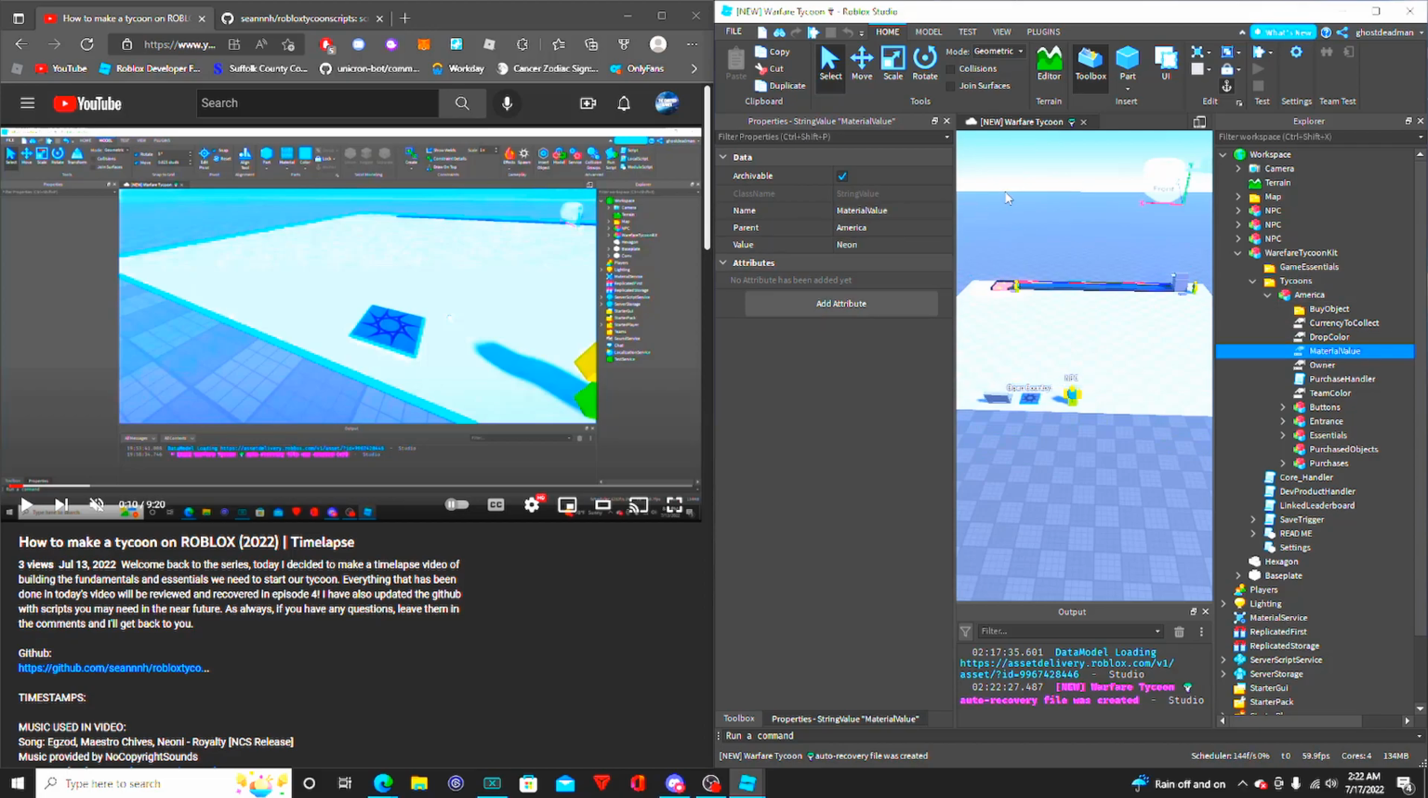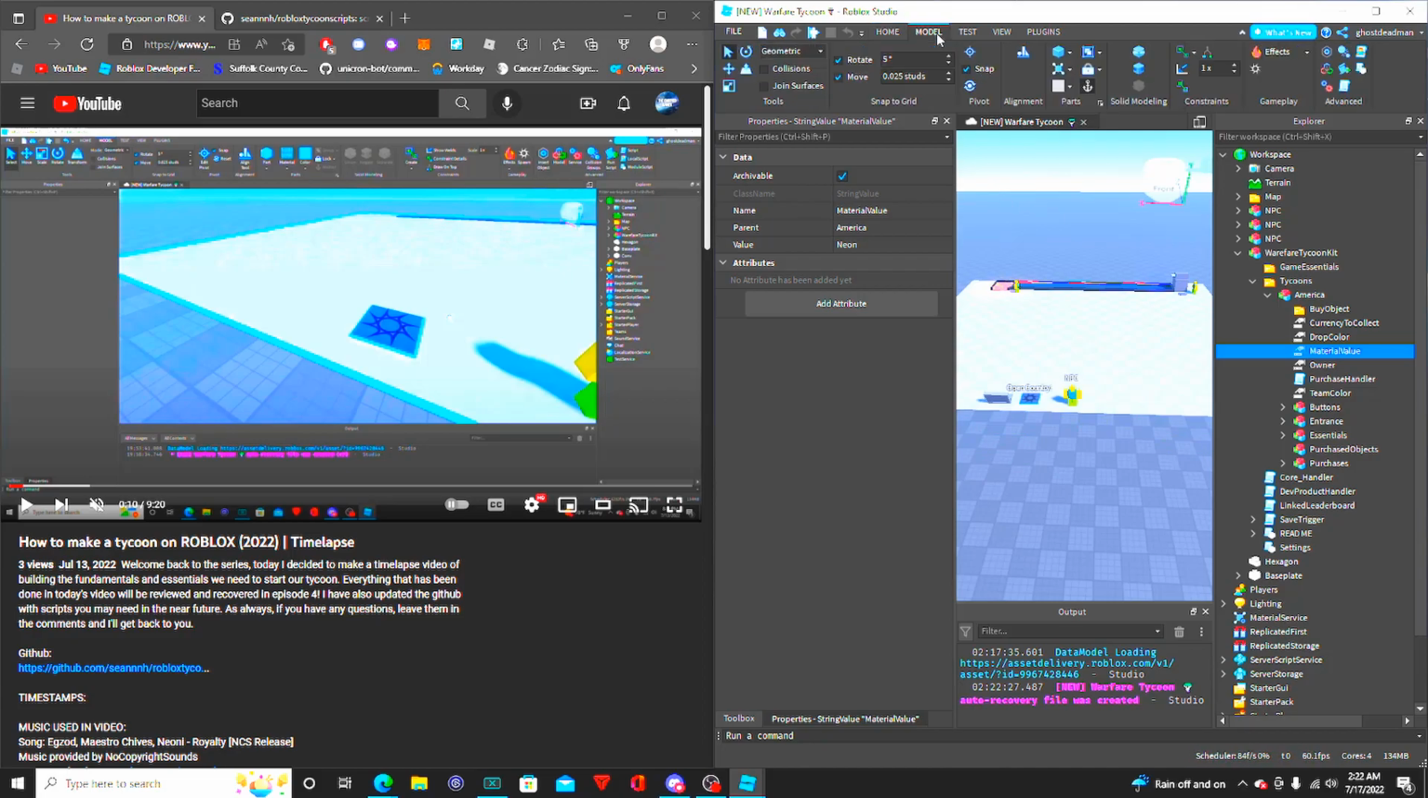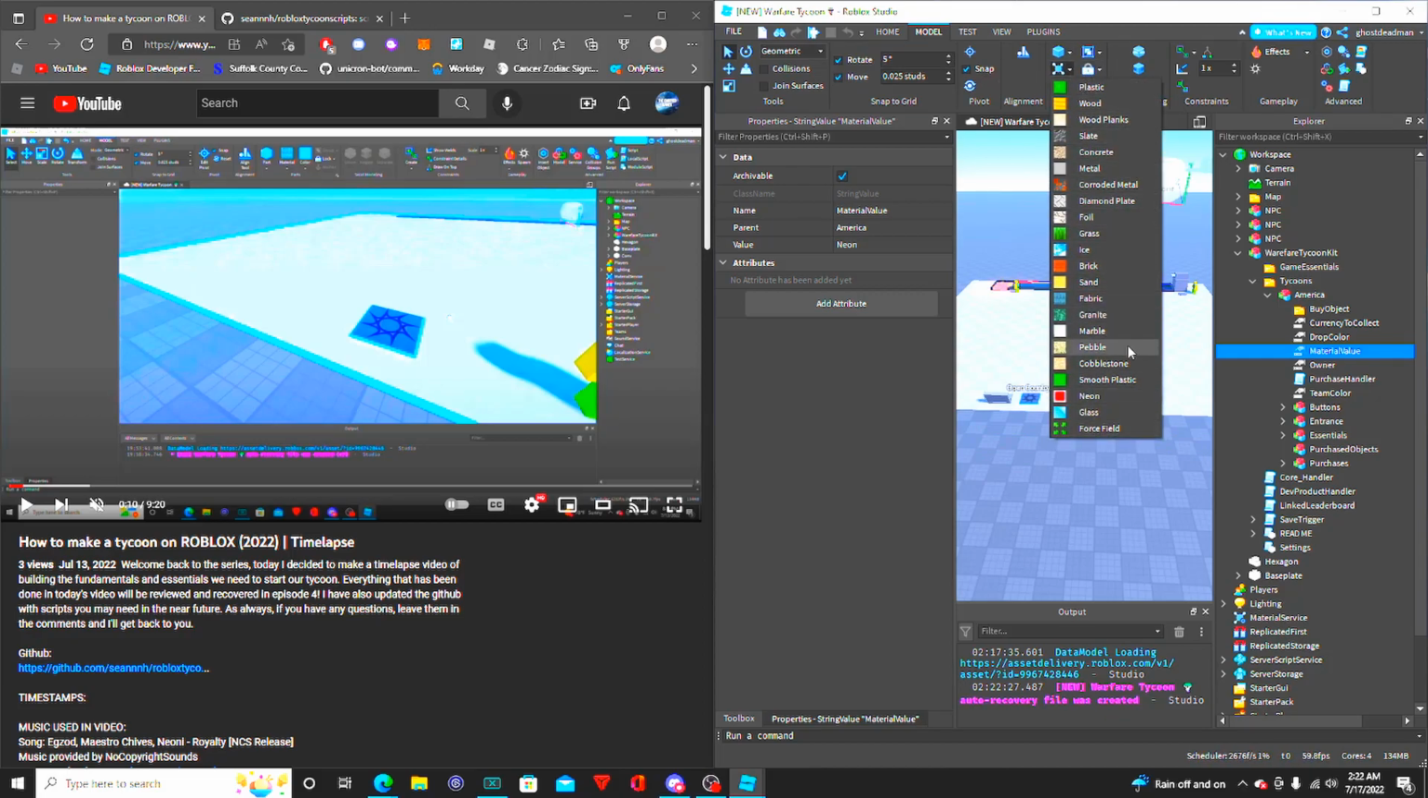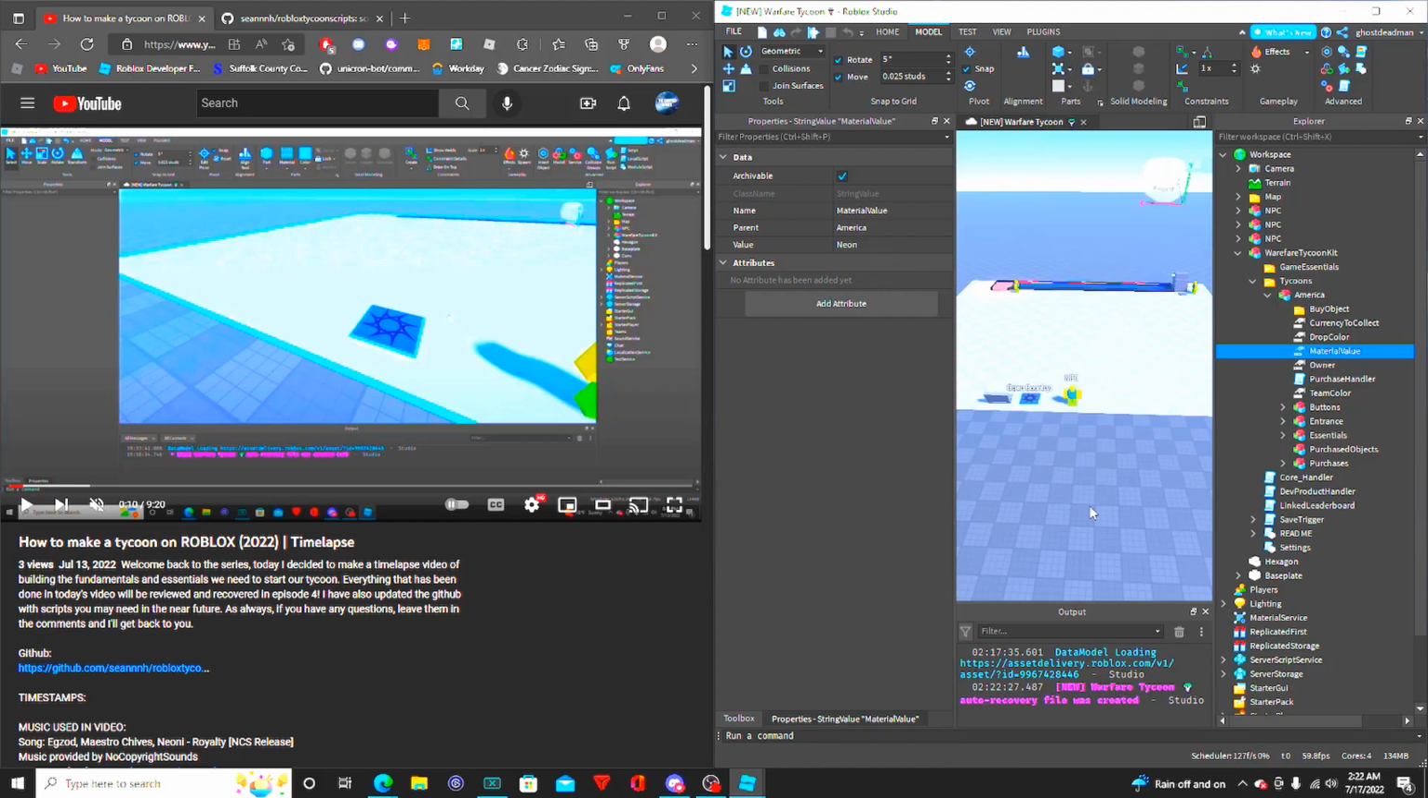Next up, material value. You want to insert a string value and name it MaterialValue, capital M, capital V. For the value, if you come into material, there's a bunch of materials here, right? Out of any of these materials, just put in the value. That will be the material of the part that comes from your dropper. So I put neon. I'm going with more of a blue theme here, because red, white, and blue is kind of like